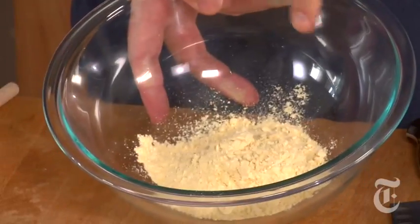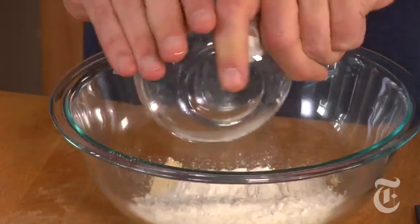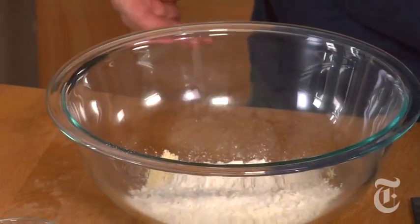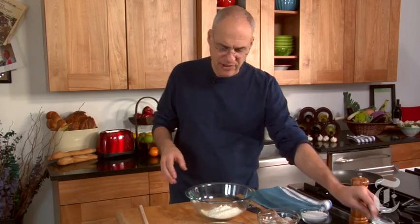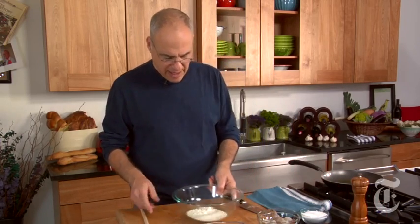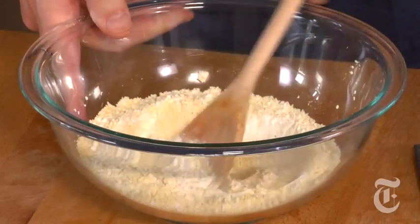One is that the base is chickpea flour, which you can buy in Indian stores called Besan, B-E-S-A-N, health food stores, even supermarkets these days, and if you can find a good Spanish market, it'll be there too. So about 50% chickpea flour and 50% white flour, all-purpose flour. A little tiny bit of baking powder, say half a teaspoon. Mix that up, salt, and now